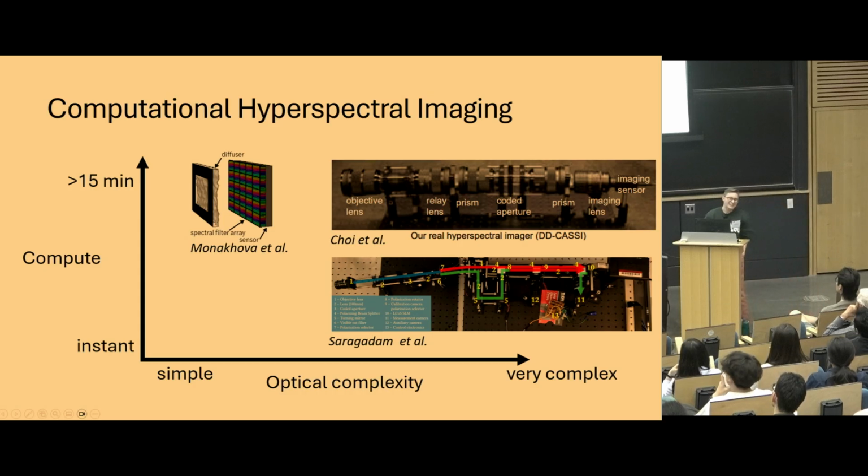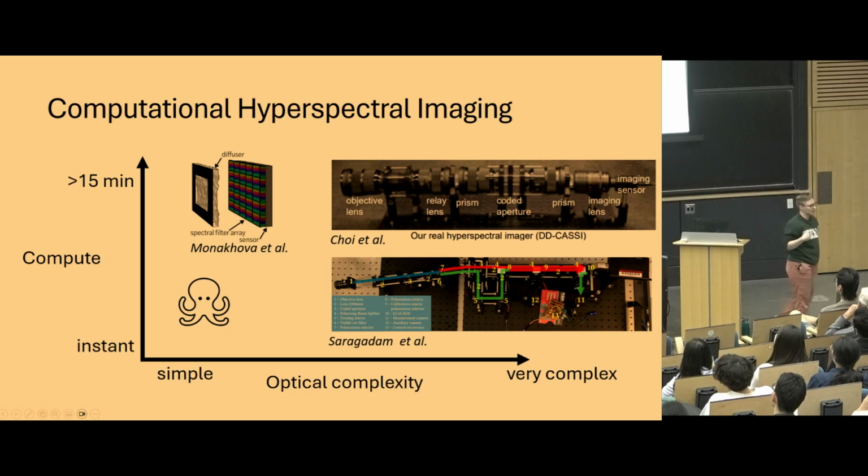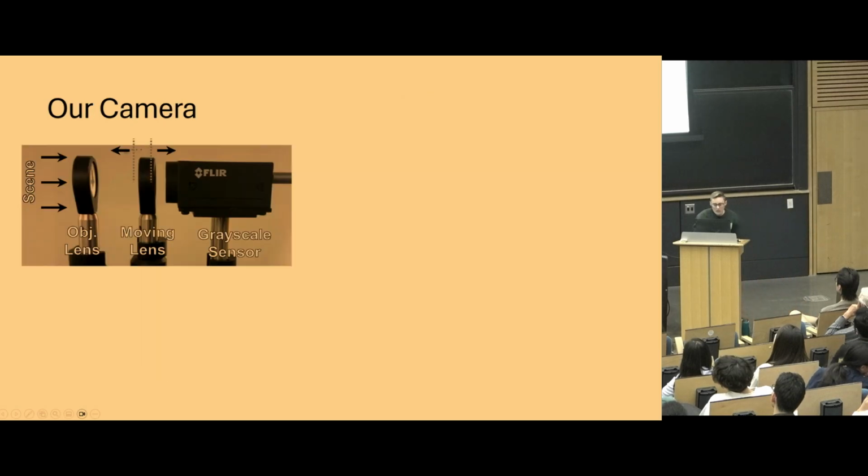And so we were very excited by this idea of the octopus because if it really could be boosting color dimensions, it would be sitting here, breaking this trade-off curve, right? They have a simple eye. They're able to change color quickly. And so we built a camera. It looks like this. It's just basic refocusing optics. 2 lenses, one of them moves. There's a grayscale sensor. These are all off-the-shelf parts.